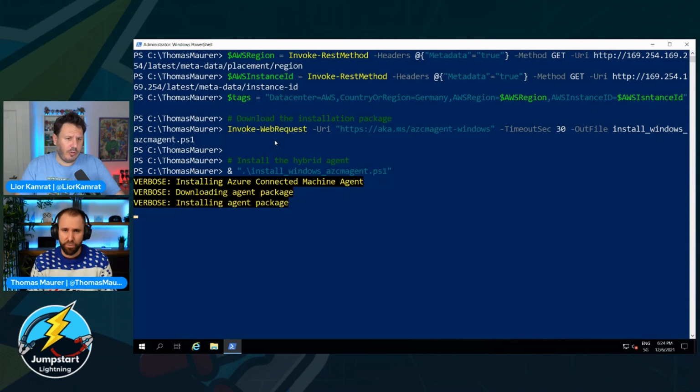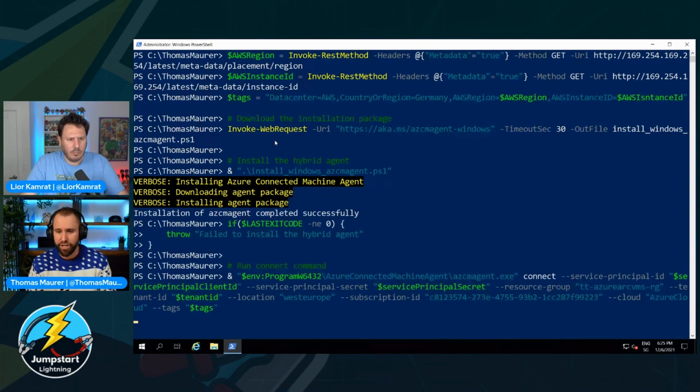Let's just share with the audience, this is an AWS machine that was never onboarded as an Azure Arc-enabled server, right? This is the first time that this machine is being installed with the connected machine agent and all the tags that you incorporated as part of the automation that you built for that, right? Absolutely correct. Yes.